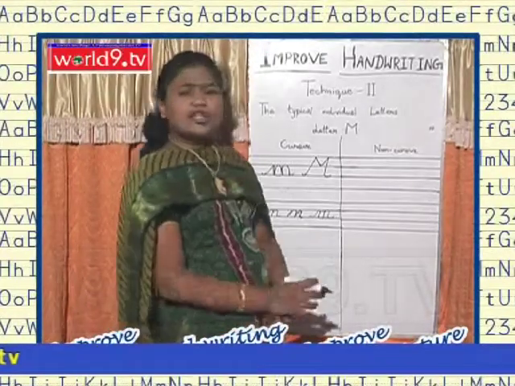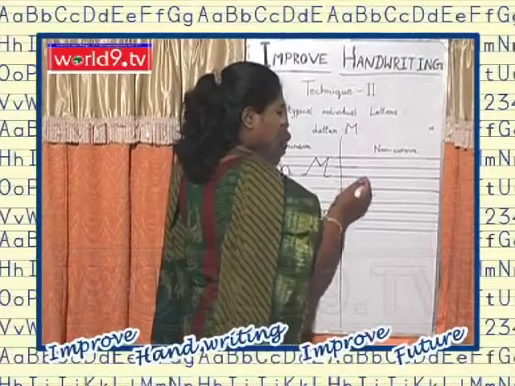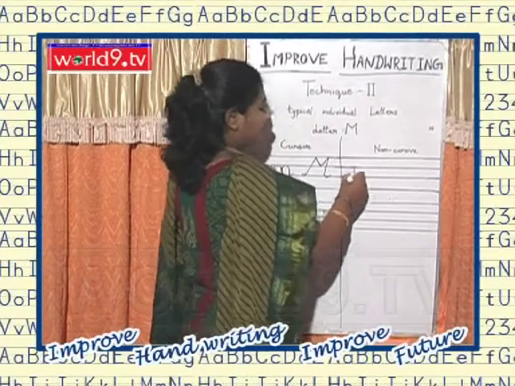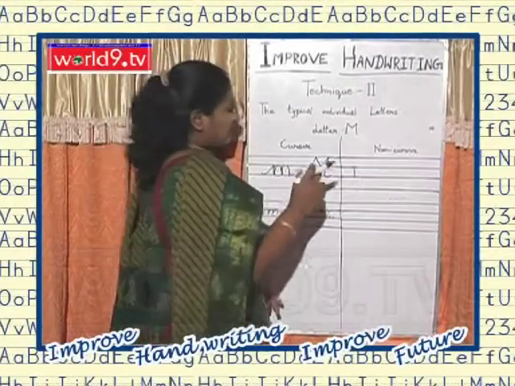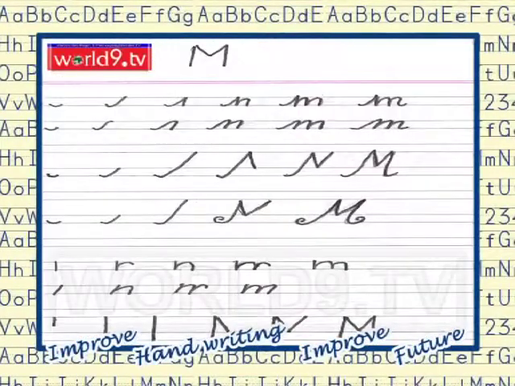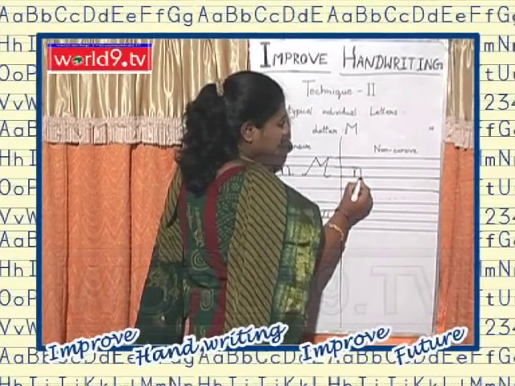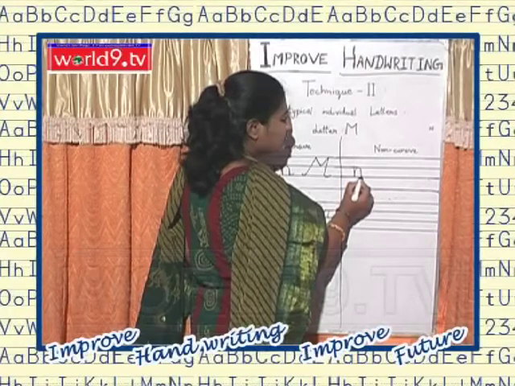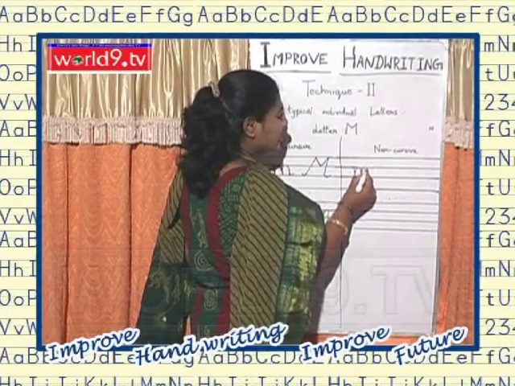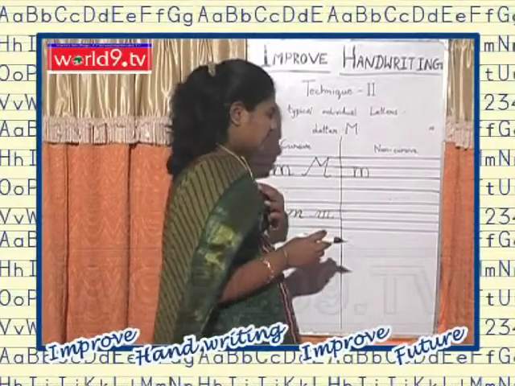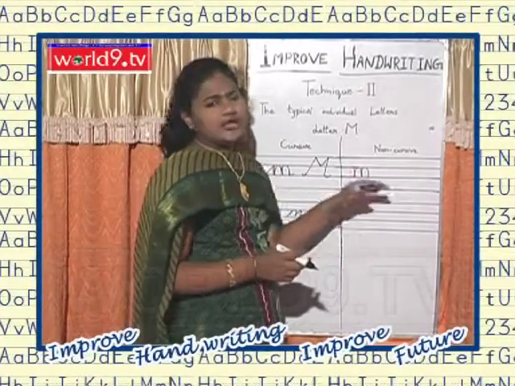And coming to non-cursive small letter m. How to write small letter m? First, draw a straight line in the middle part, from the upper line to the baseline, from upwards to downwards, and from the baseline you keep an arch like this. From the baseline to upwards you keep an arch. Again from the baseline to upwards you keep two arches or two N-shaped structures, and this is non-cursive m.